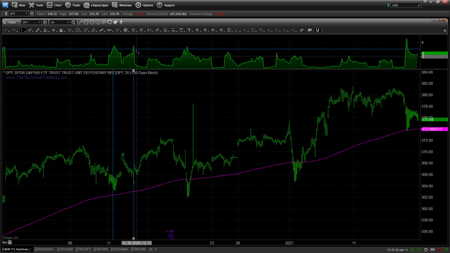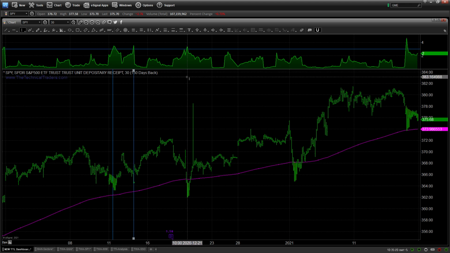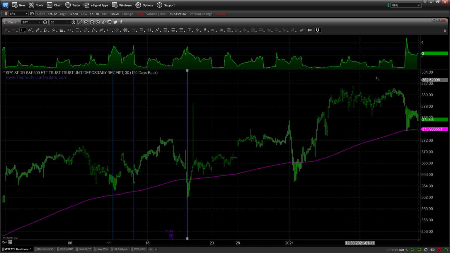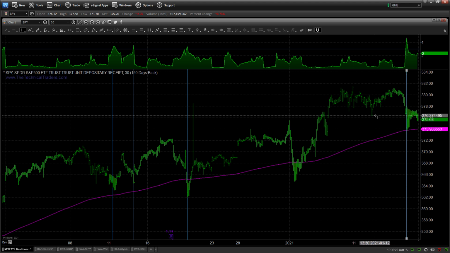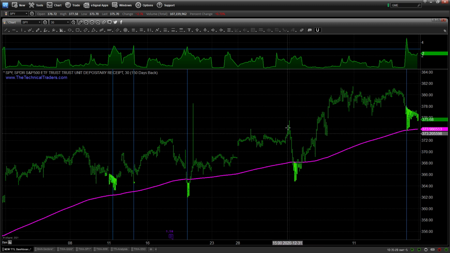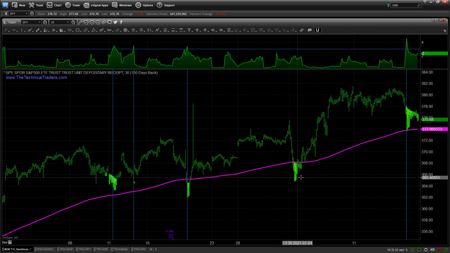Here's another panic selling level. Once we get above this blue line, that is a panic selling level. We had another one here, and we had another one just last week, causing the market to sell off. Now, over here we got oversold. We didn't get panic selling, but still got oversold, came down to the 20-day moving average, but really strong opportunities